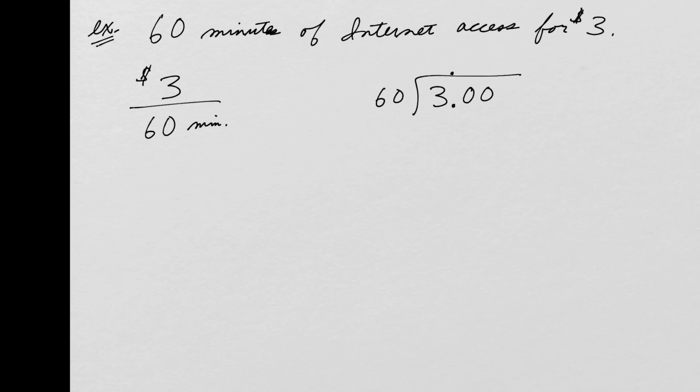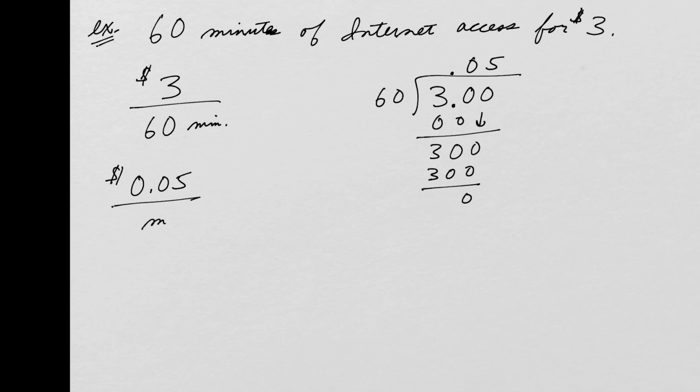So then divide this. 60, does it go into 30? No, so I can put a 0 there, right? So this is 0. I subtract, bring down the next, so it's 30, bring down the next digit, 0. And then 60 goes into 300 5 times. And then the remainder is 0. So this is going to be $0.05